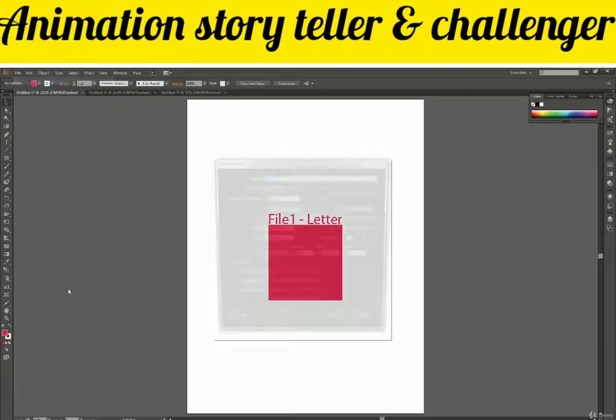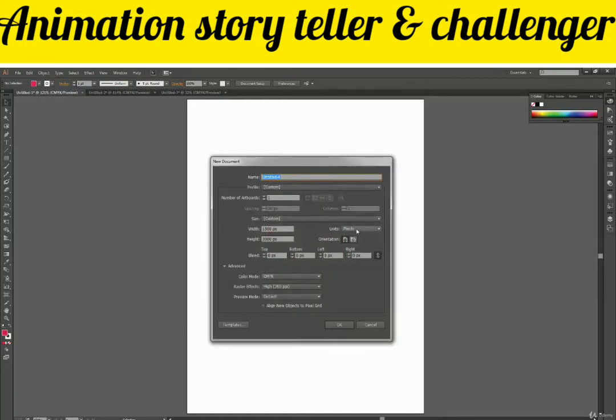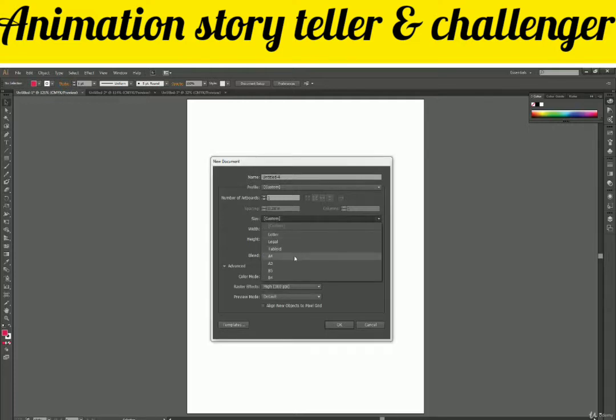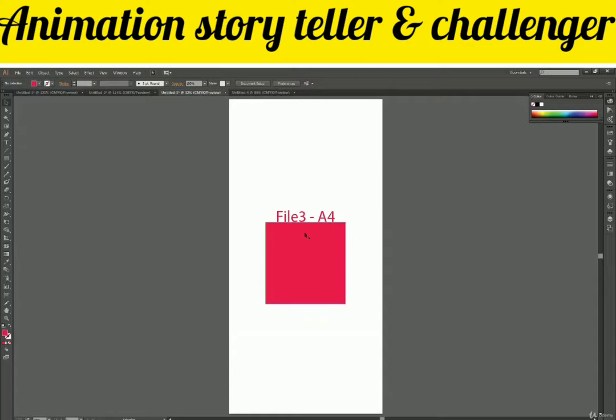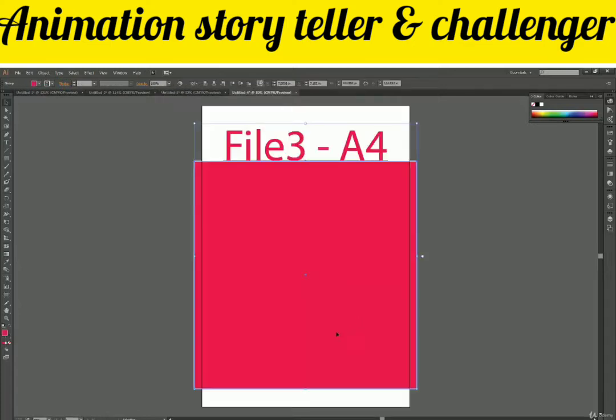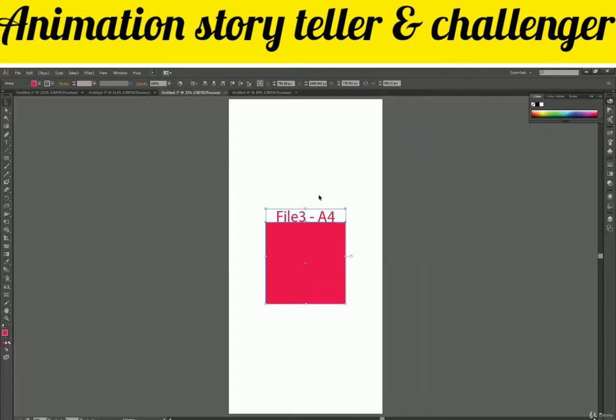or let's create one more file, and this time instead of pixels we'll take the unit as inches. So 20 inch by 41 inch, and let's take B4 size, and the unit is in inches, and yeah, it's okay. So again Control C, and now you can see when I have copied this from here, this file is actually very big.